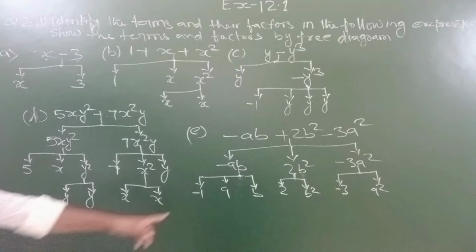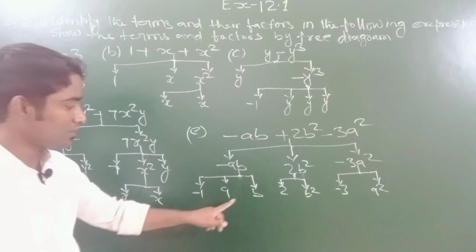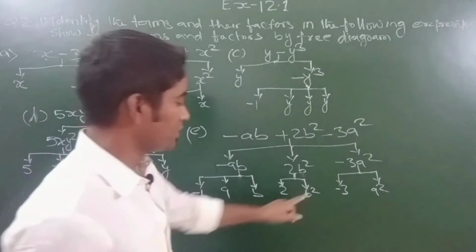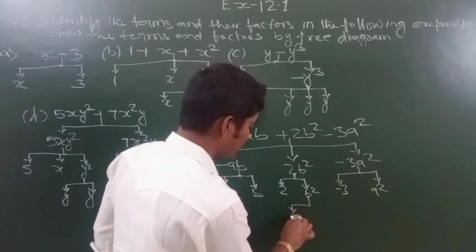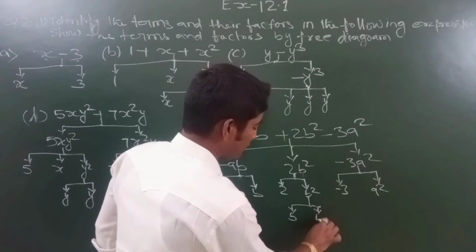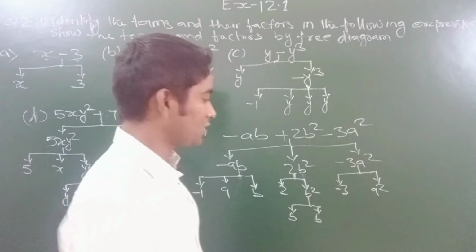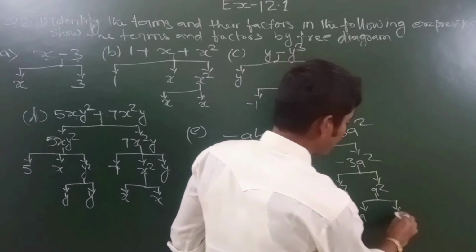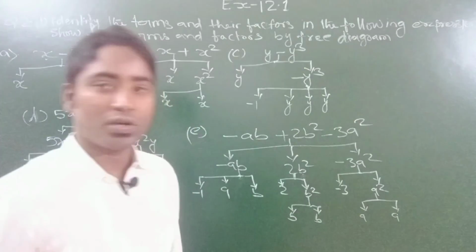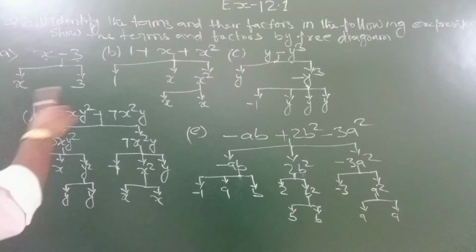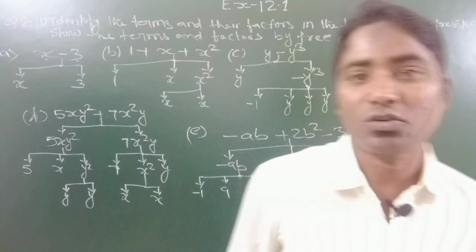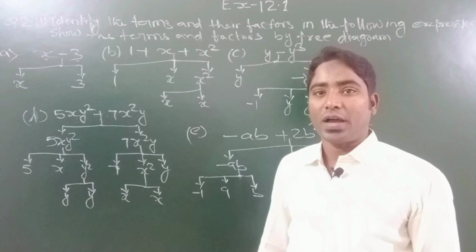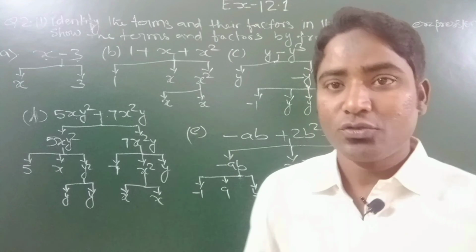Now coming from here, students, this is in simplest form, this one is also in simplest form. This 2 is in simplest form, b square can be split further, so you can split this as b and then again b. This 3 is in simplest form, this a square can be split, so it will give you a, and then again a. So this is your tree diagram of all the segments of the first part of question number 2, students. I hope that you might have understood, and thank you for connecting with me.